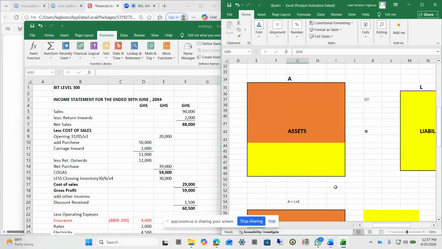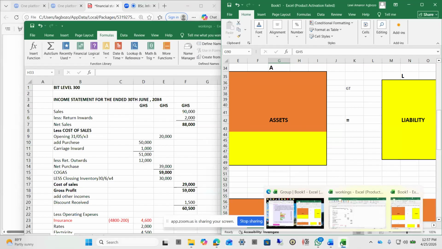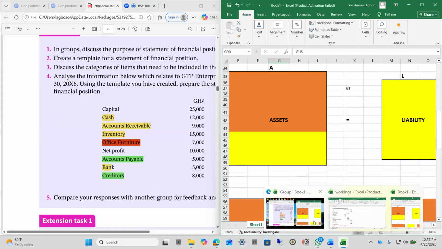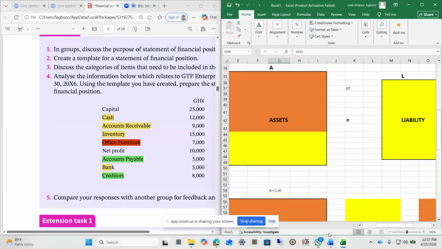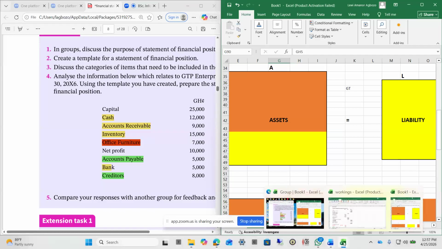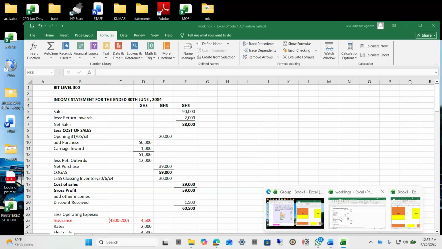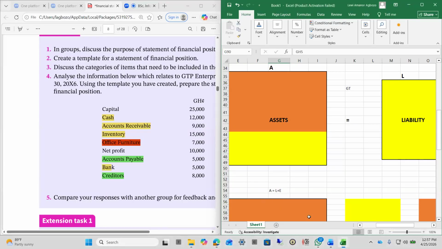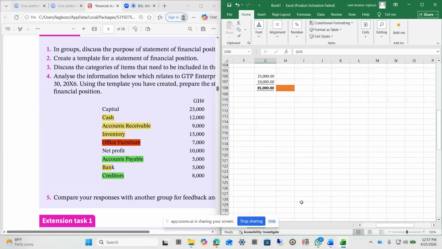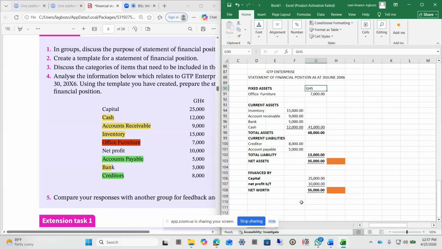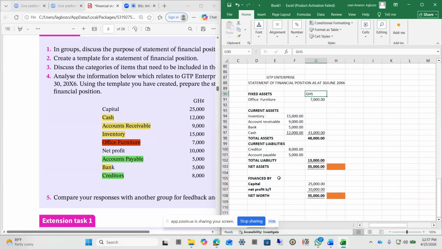So what we have done now is just telling us that it was here. We did it even just under it. What we are saying now is that from here up to here, this box,